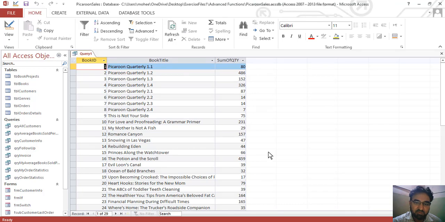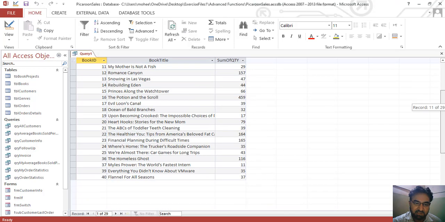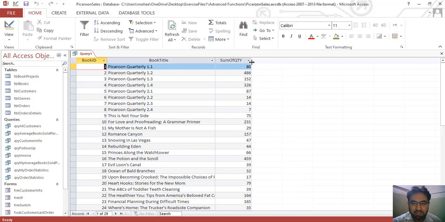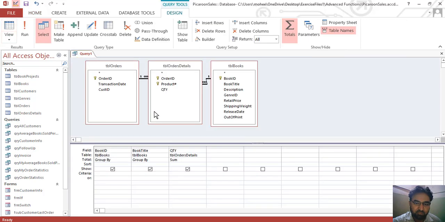So here we can see that only 29 books are in our inventory which are available for sale, and these are the totals of the books sold.